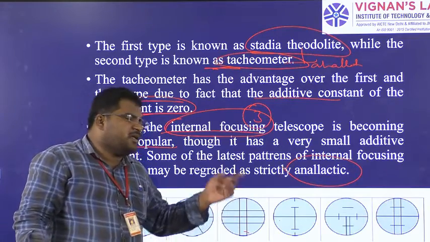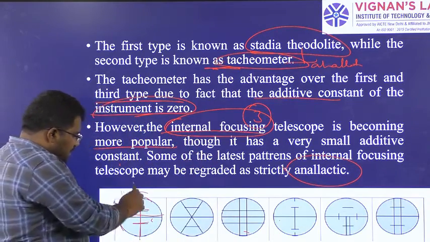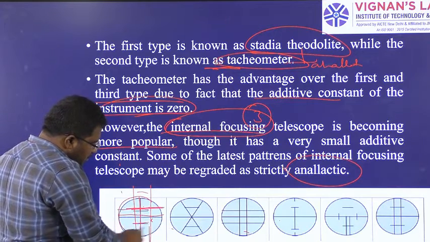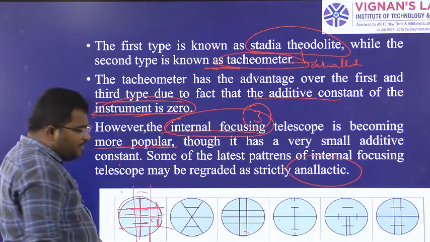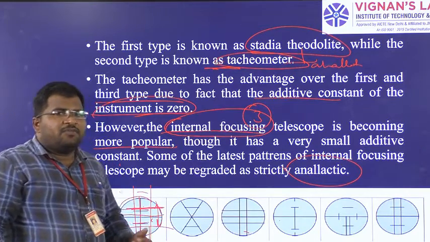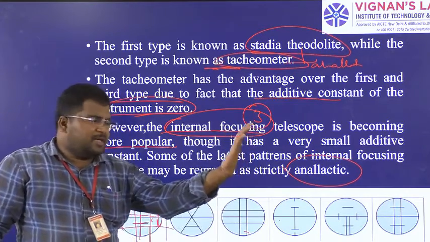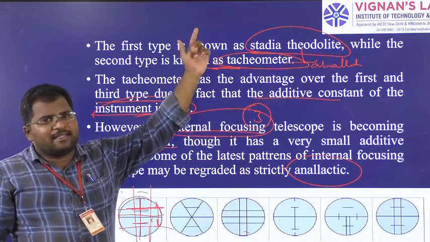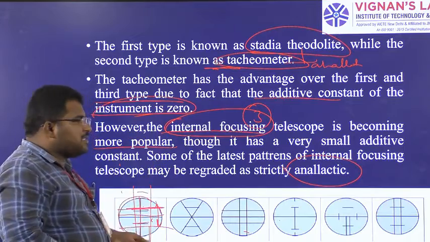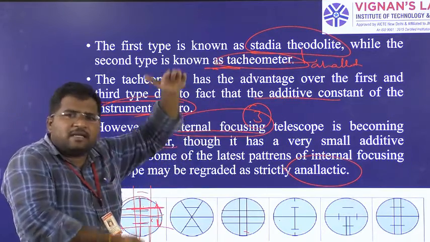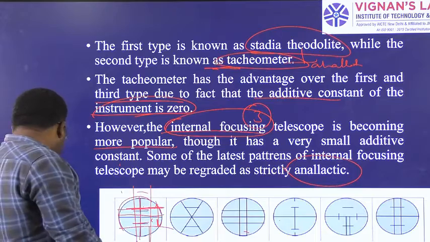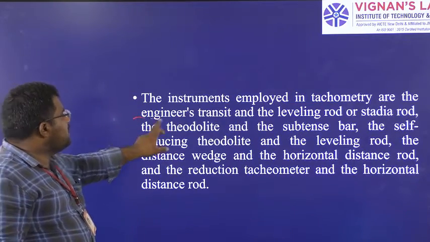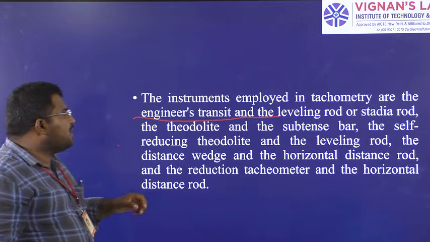With the help of this instrument, if a leveling staff is there, we can read this value and this value. Both give the staff intercept, which we are going to study. If you keep your staff near the instrument, the value will be very small. If you move it to a long distance, with the same constant distance between the hairs, the staff intercept will get a very high value, right?